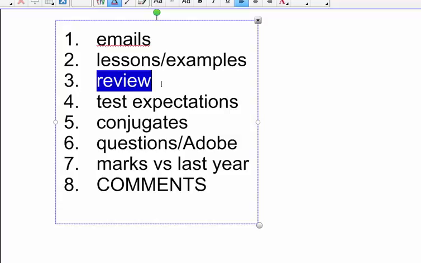Now, as far as the review goes, one of the other things I'd suggest is part of my intent with this course, part of my job, if you will, is to get you ready for next year. My assumption, if you're in this class, is you're potentially going on to university and taking maths. And, without getting into it too much, when I was in university, and I know that was a long time ago, we didn't do review. There was no review.